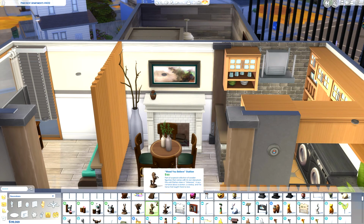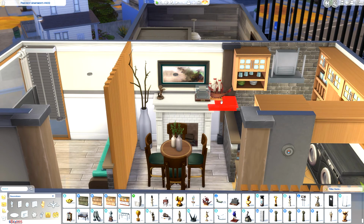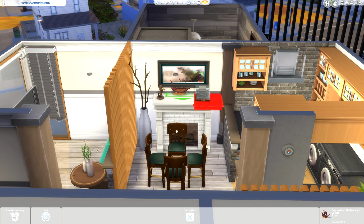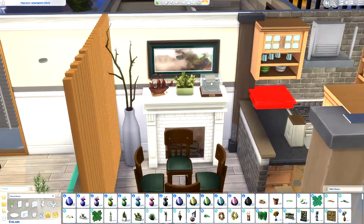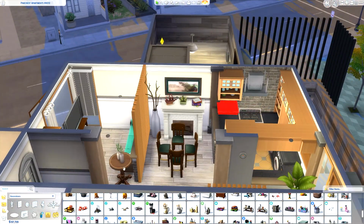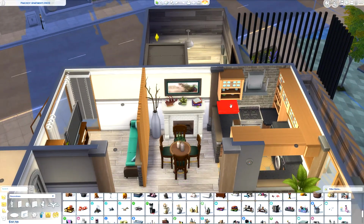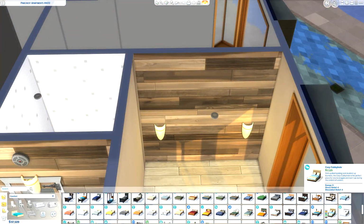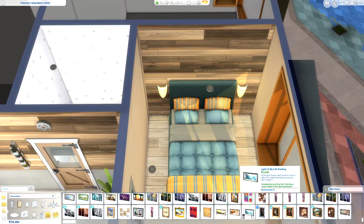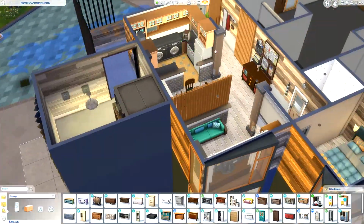And here I am decorating, placing a few things on top of the fireplace. I like this fireplace. I can't remember where it came from, but I pretty much want to use it all the time, though I don't think it's a good idea, because it makes everything look similar. But for this apartment, I think it suits. I know the eco lifestyle has its own fireplace, but for this house, I want to make it a little bit